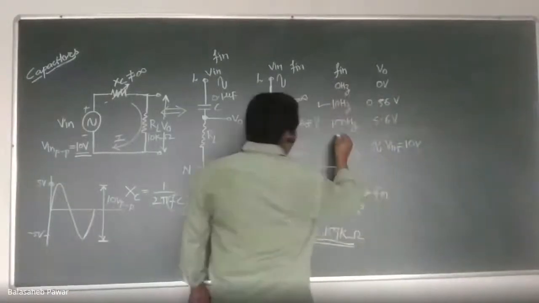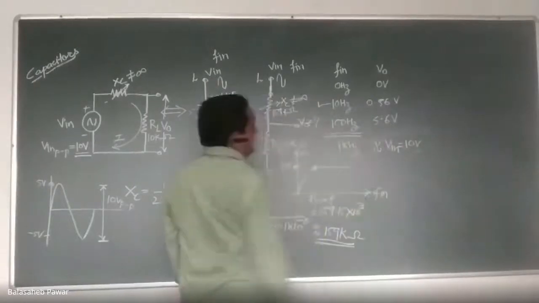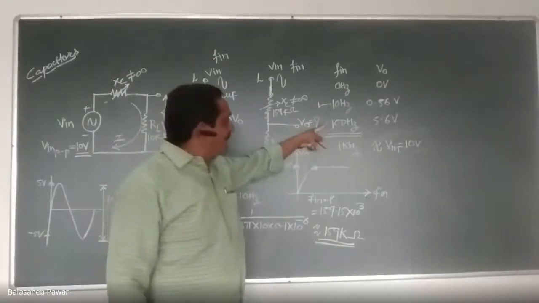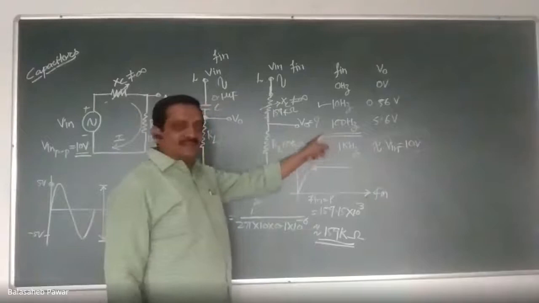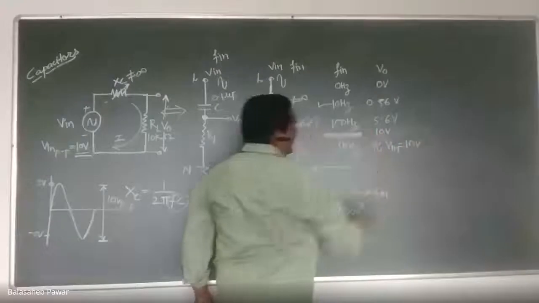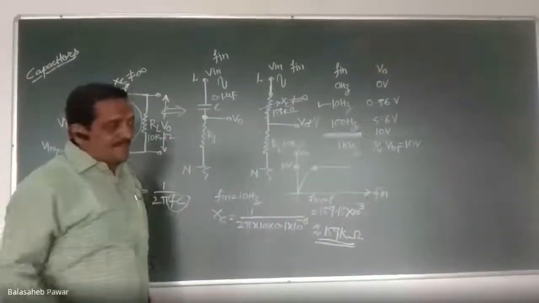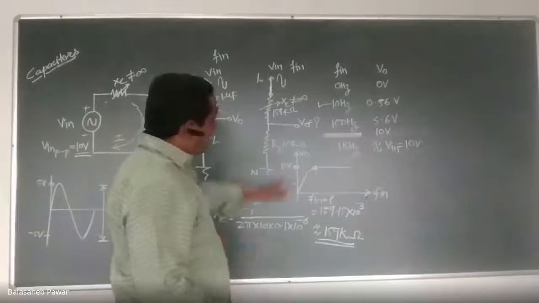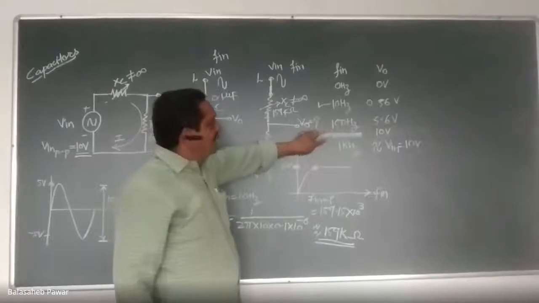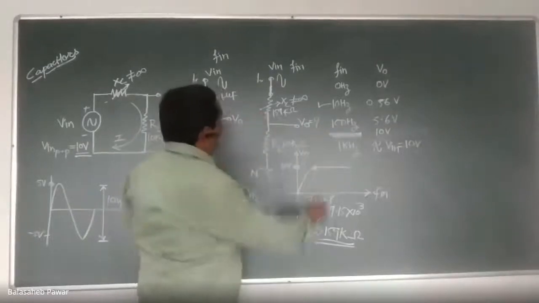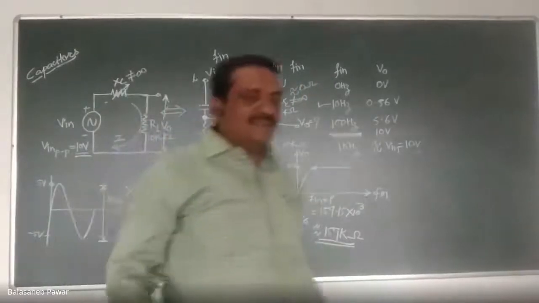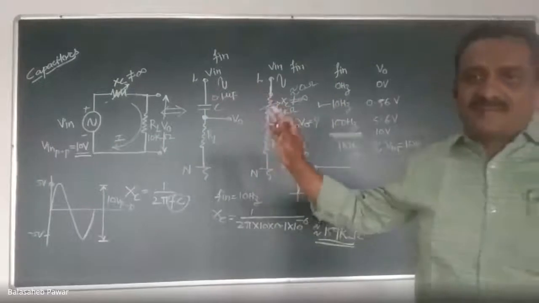That means somewhat moderate frequency, and that will be between 100 Hz and 1 kilohertz. Your calculated value will be between 100 Hz and 1 kilohertz. That means it will be over here. That value you have to find out, at which you are getting the output equal to input, and that is 10 volts. So in other words, at this frequency between 100 Hz and 1 kilohertz, whatever you determine, at that frequency your Xc will be approximately equal to 0 ohm. Or it will be very, very small. We can say it will be negligible.